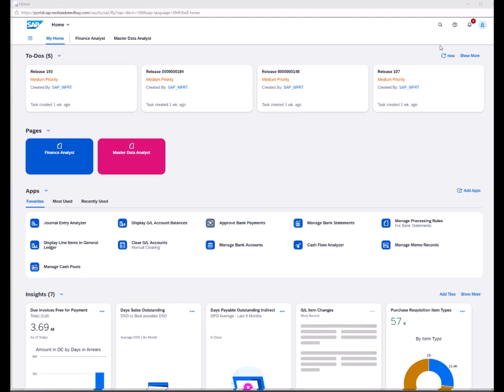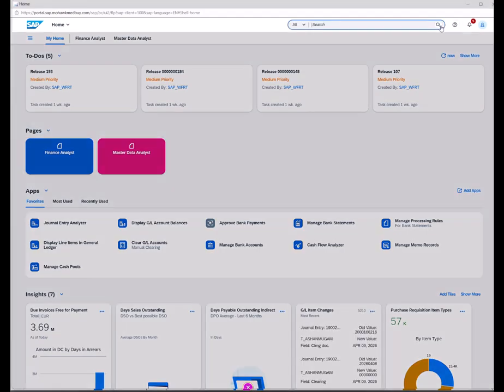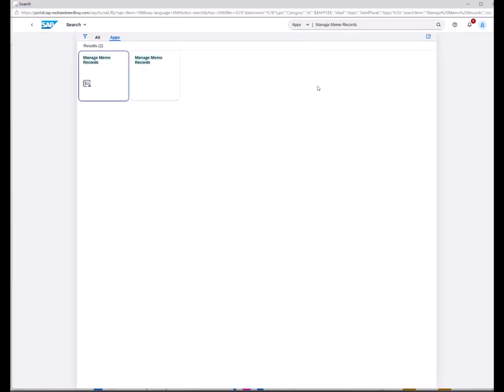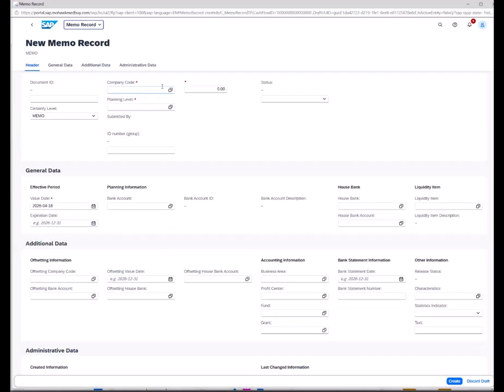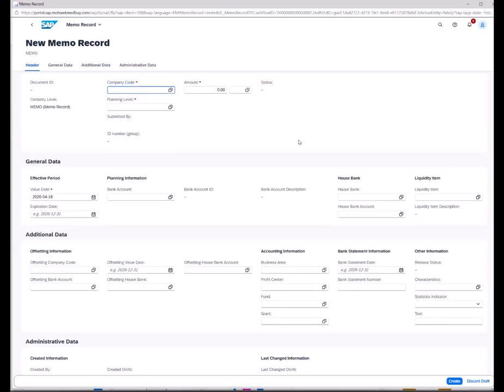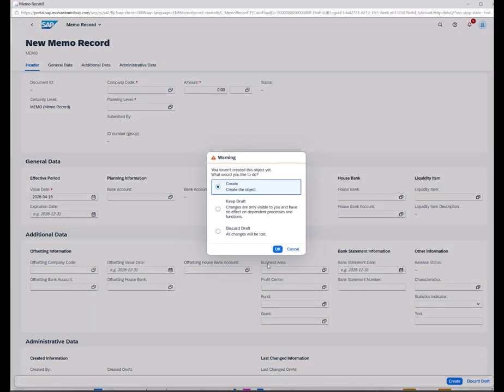On the front page of Fiori app, we have to search memo record. Two apps in that. One is manage memo record and the other one is without. In the first one, if you open it, you can create a memo record manually. And the second one,